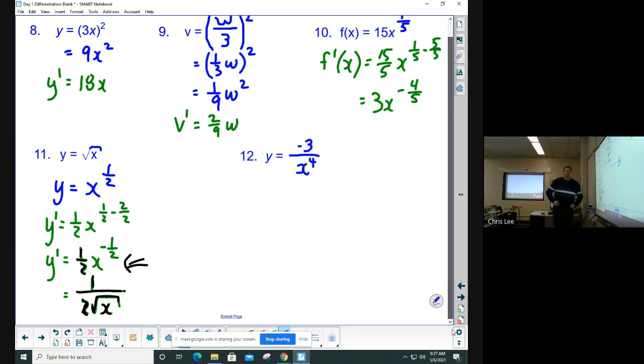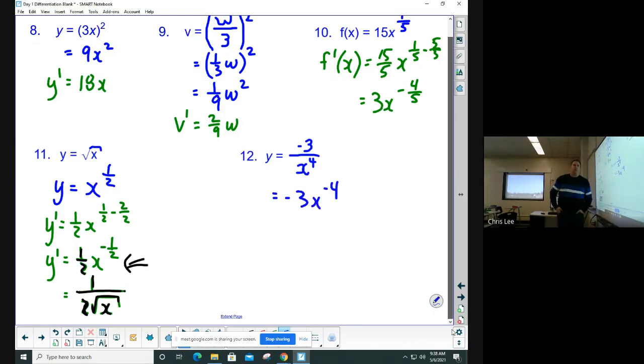Even rational functions. Now, yesterday we did do rational functions. We did do rational functions from first principles the long way. But we can use these differentiation laws and rules to do it much quicker. But before I try and use those rules, I want to make this look a little bit more user-friendly. And I do that by recognizing that this x is on the bottom of a fraction. I can move it to the top